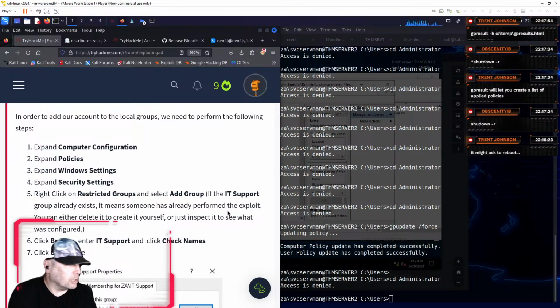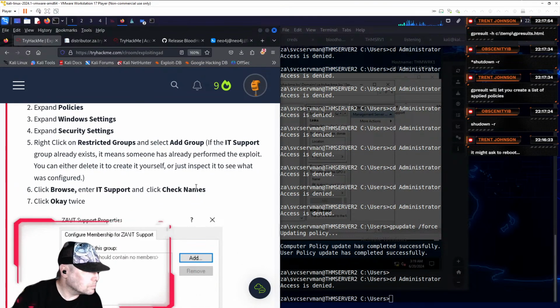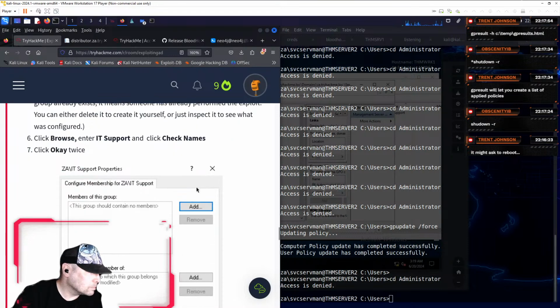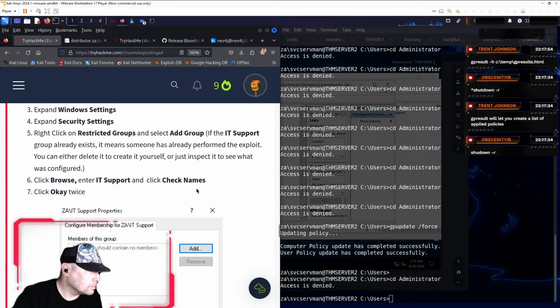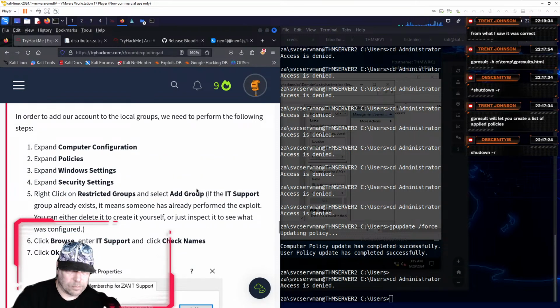I shouldn't have deleted it. I should have just inspected it to see what was configured. Yeah, I feel like it went okay.